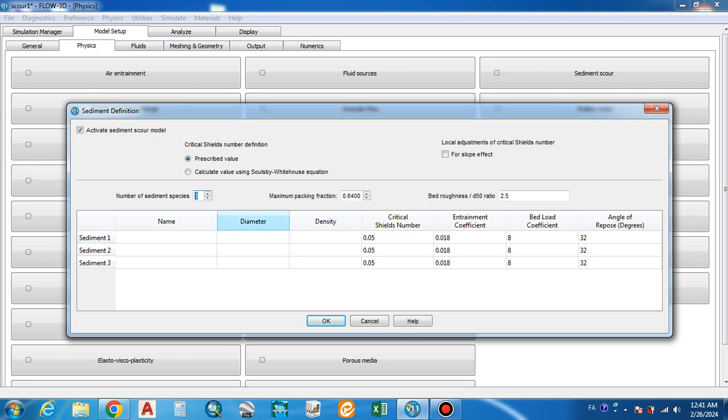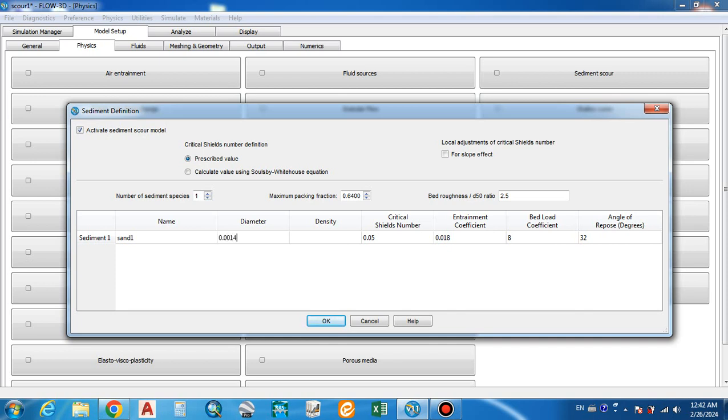In a simple simulation, we start with one sediment diameter. We can name it sand 1,